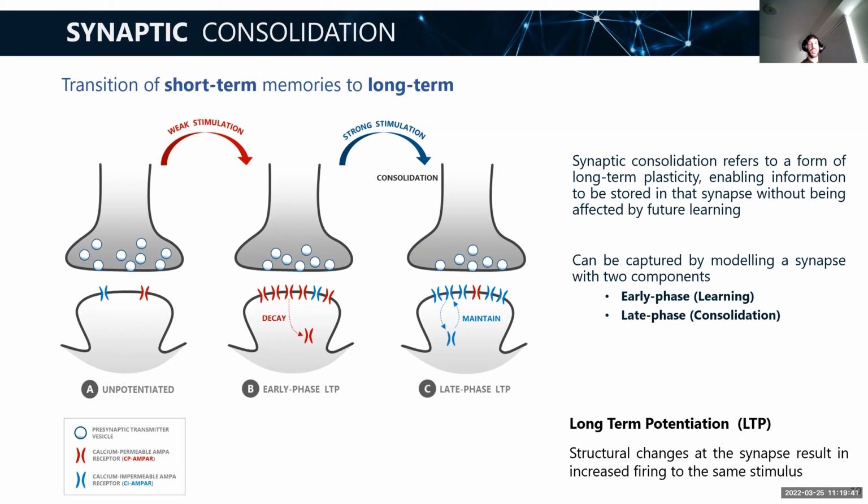You'll learn something and then it starts to decay because you'll say, okay, I don't know if this was necessary. This is just what my update rule was set to do right now, but I don't know if it's a one-time event, if it's noise, if it's an outlier, etc. But over repeated stimulus or strong stimulation, you'll maintain and consolidate that information, and it won't decay. So it'll become a permanent change to the synapse.